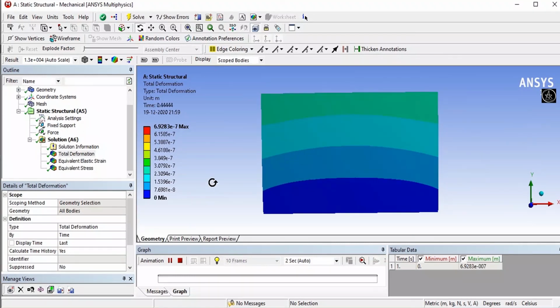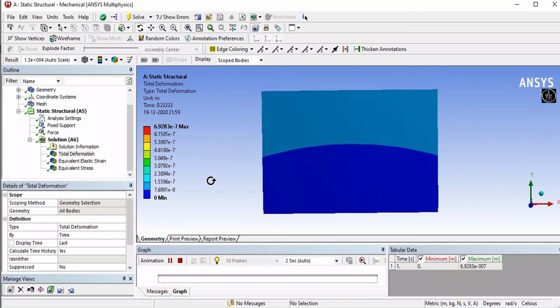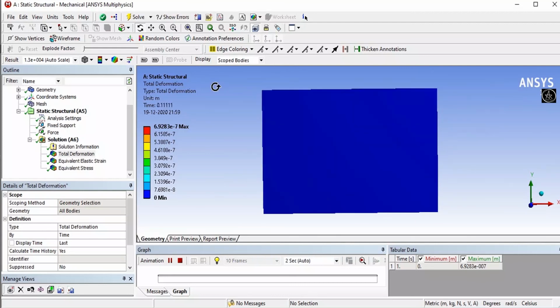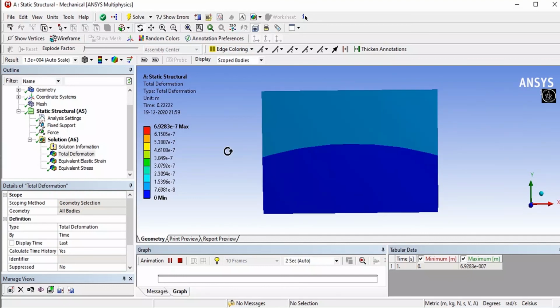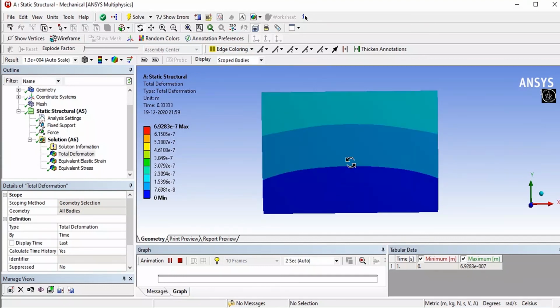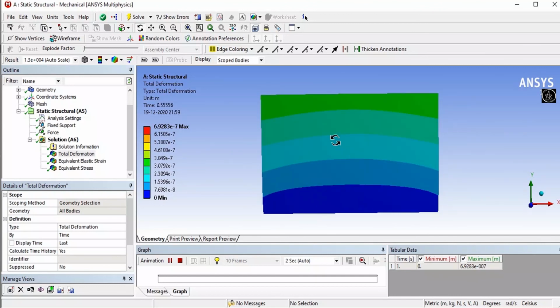Okay, this finishes the analysis of a rectangular plate which is uniformly compressed in one direction, that is in the y direction, and in the next video I'm going to do an analysis for a plate with a central cutout, the cutout which may be a circle or it may be a rectangle.